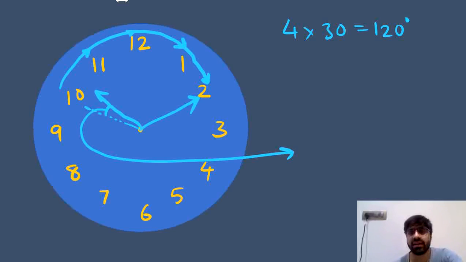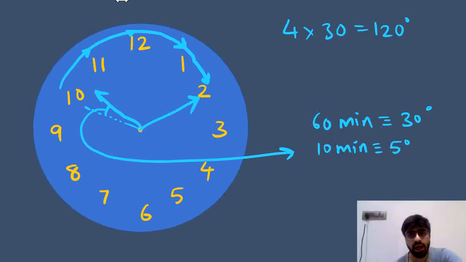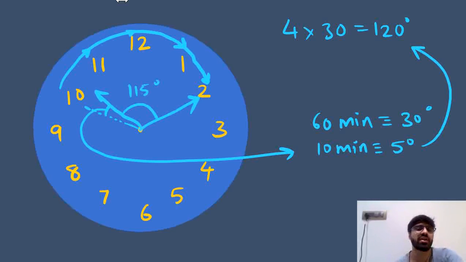It's 10:10, right? In 60 minutes, the angle traced by the hour hand is 30 degrees. So in 10 minutes, the angle traced would be 30 upon 6, which is equal to 5 degrees. Again, for all those who are not able to get these calculations, you just take the value as x, cross multiply, and you will have the value of x. So we get it as 5 degrees. So that 5 degrees needs to be subtracted from that 120. You can visualize it from the diagram itself. And this entire angle would be 120 minus 5. That is 115 degrees. So this 115 degrees is the angle between hour and minute hand of the clock when